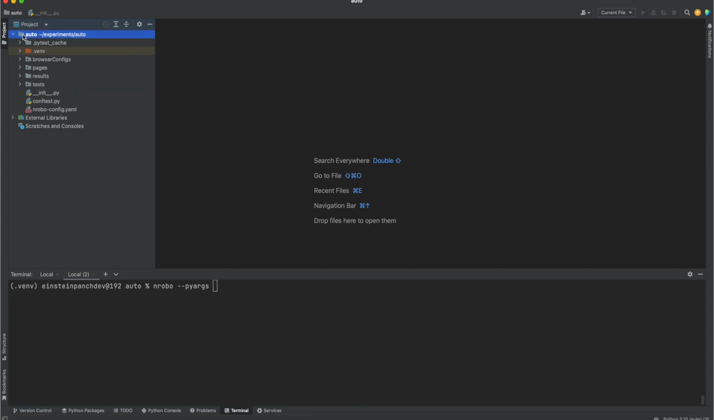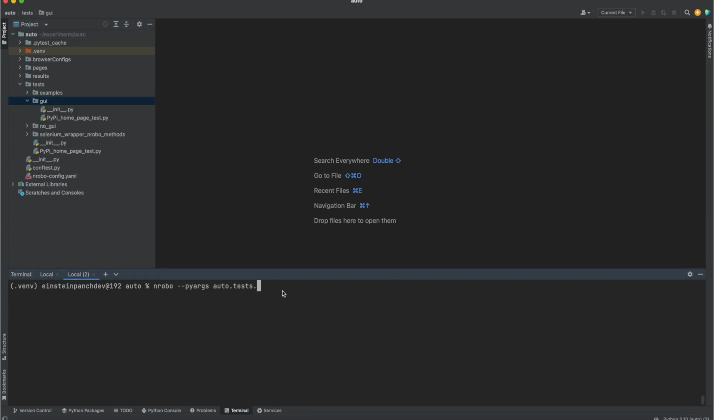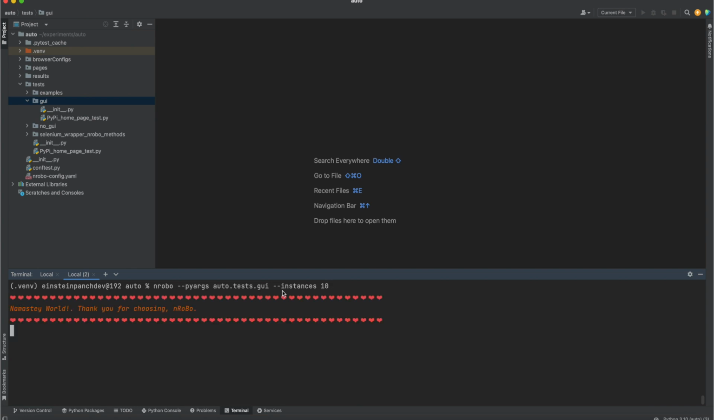So here the top level package is auto. Here we can see init.py. So let's run from the auto package, inside it the test package, inside that GUI, for example GUI, and let's apply the instances switch so that tests can run in parallel and we can save some time. So the test started running